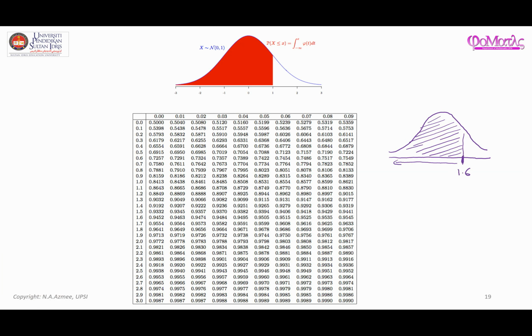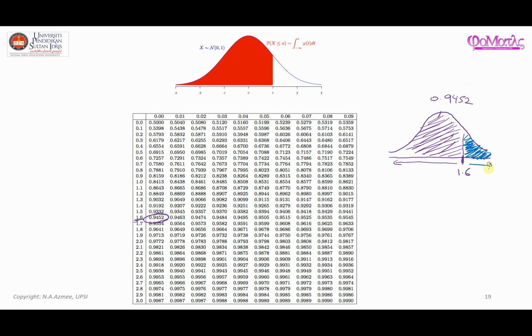If I read from the table, 1.6 is here, this is the z value, and the answer here is 0.9452. So 0.9452 gives you this area. What I'm looking for is this area